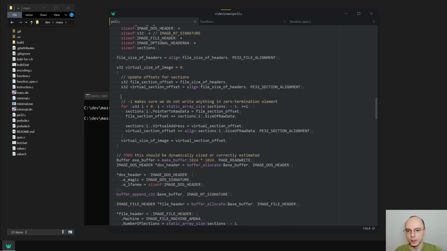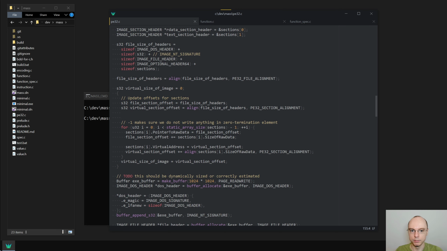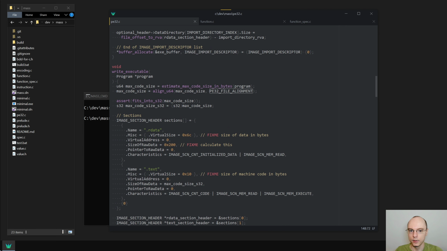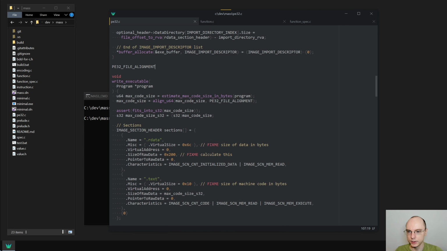So basically we can just add an assertion here that says something like, okay, how do you do this? Well, I guess we say define PE32 expected virtual size of headers,